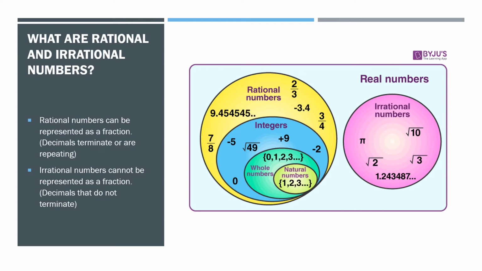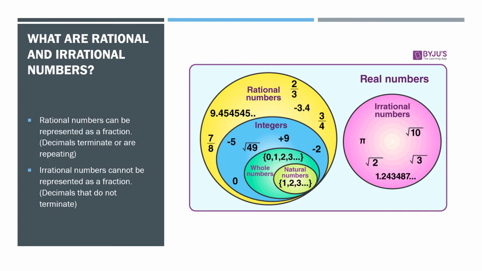Integers are whole numbers that can be positive, negative, or zero. Whole numbers are positive integers that start from 0, so they would be 0, 1, 2, 3, 4, 5, 6. Natural numbers are all integers that begin from 1, so they would be your counting numbers, like 1, 2, 3,